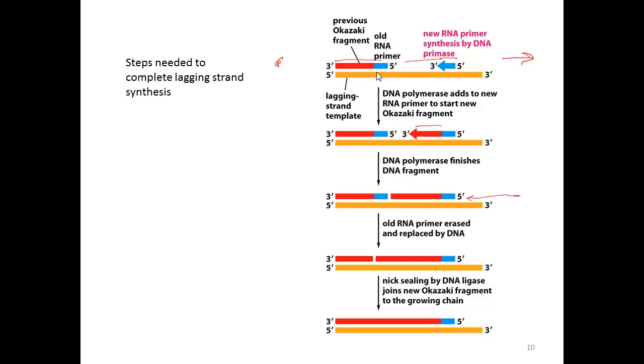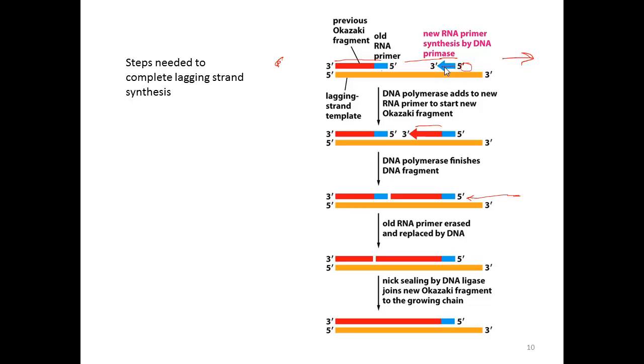It turns out that RNA can be synthesized by an enzyme called RNA primase, or DNA primase, which is an enzyme that adds RNA onto a DNA template. And this can be done without a primer, meaning the first base that gets put down here does not have a 3' hydroxyl to attach to. It starts de novo. After a few bases of RNA, somewhere between 5 and 10, not a great deal,